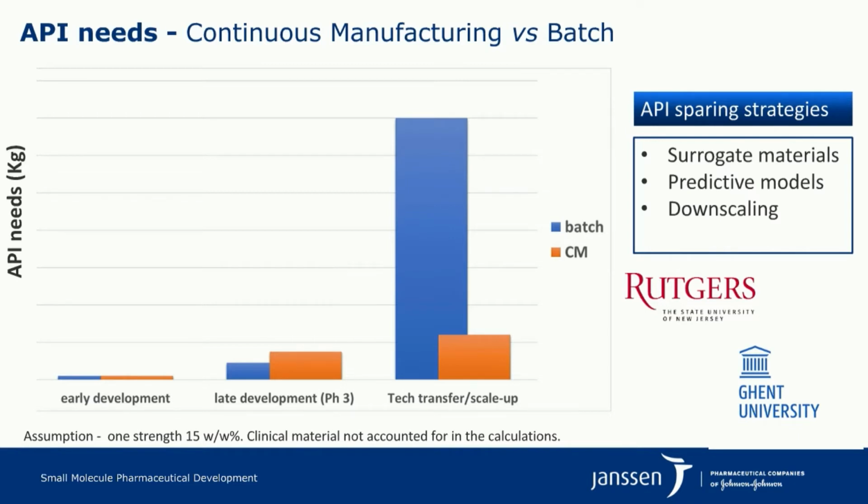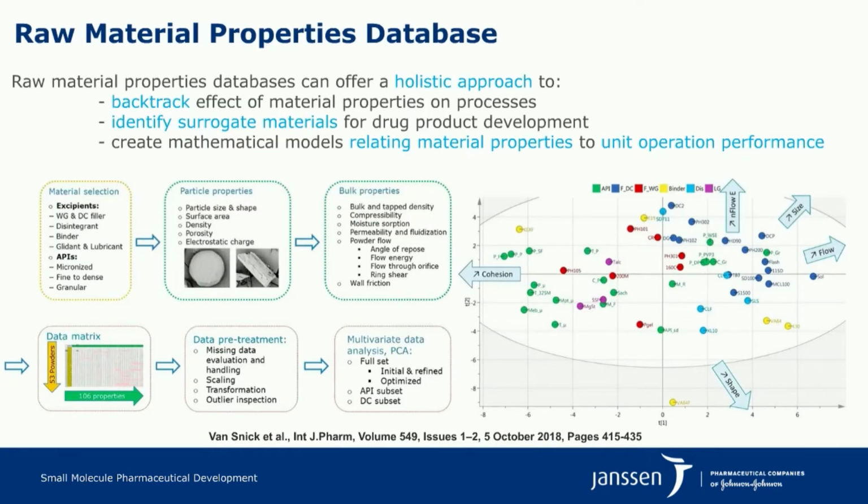So that's why, in collaboration with key universities such as Ghent University in Europe and Rutgers in the US, we have been working on API sparing strategies. For instance, development of surrogate models, predictive models, and downscaling approaches to spare material and also to accelerate drug product development. One of the greatest outcomes from this collaboration has been the development of a material property database, so a